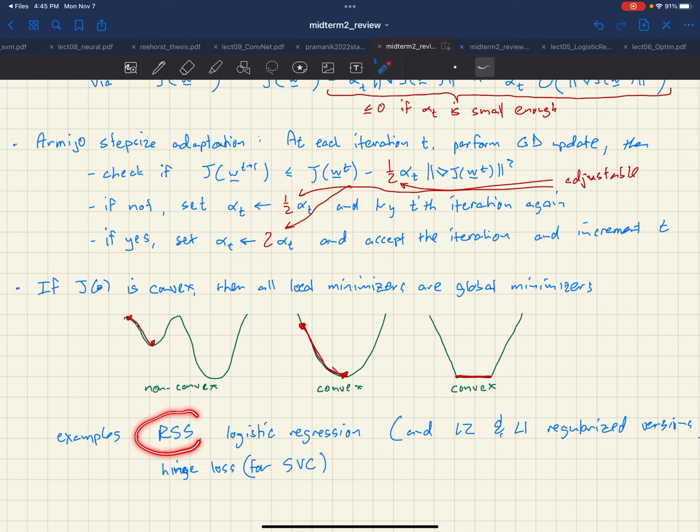So RSS that we studied for regression back in units 1 and 2, that's quadratic, that is convex. Logistic regression from unit 5, that's convex. Anytime you add either L2 or L1 regularization to those costs, it still stays convex. And in the next unit, the hinge loss for the support vector classifier, that also gives us a convex loss. Same thing when you add L2 and L1. So we actually do get to see a lot of different convex loss functions in our